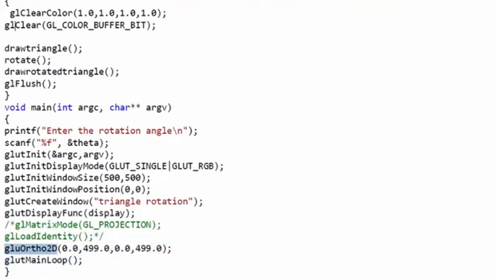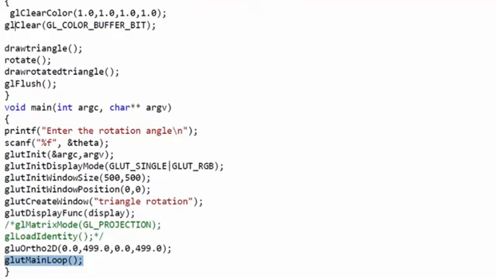And finally, glutMainLoop, which is a routine that needs to be called again and again repeatedly. It can also be called an event processing loop. It basically loops the window until event handling takes place. For example, if I click the close button, it is going to quit. So that we handle in the glutMainLoop.